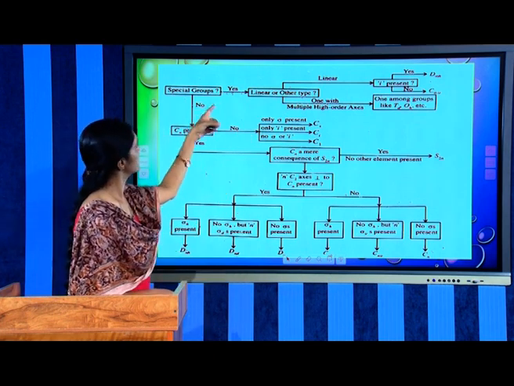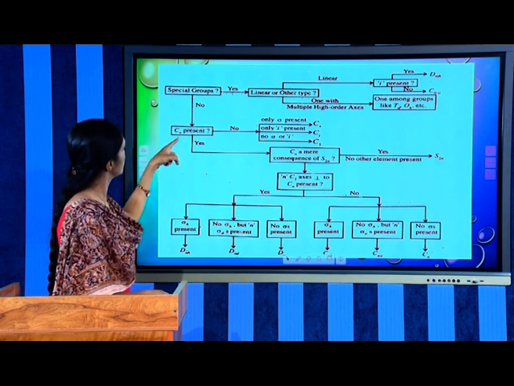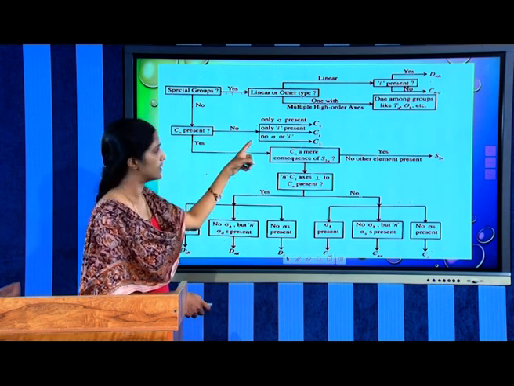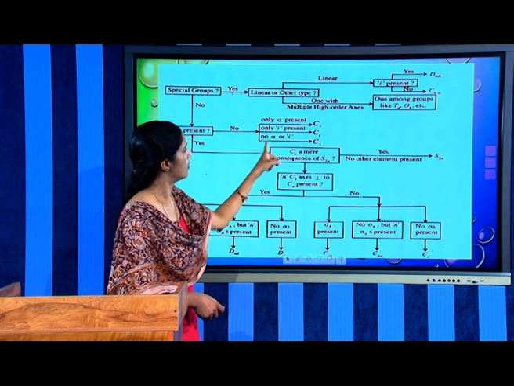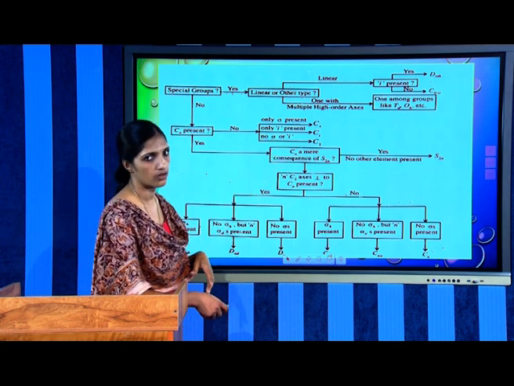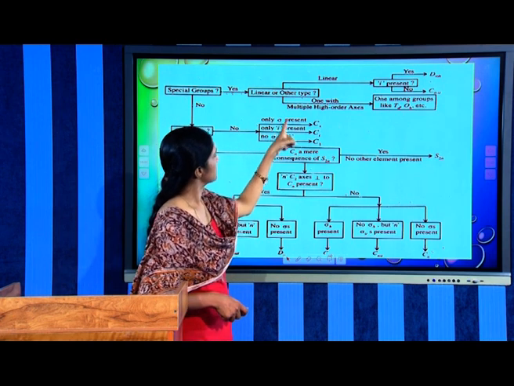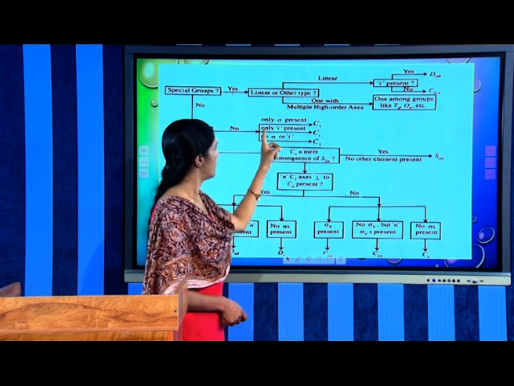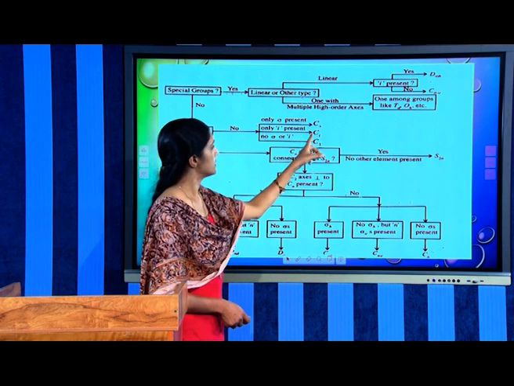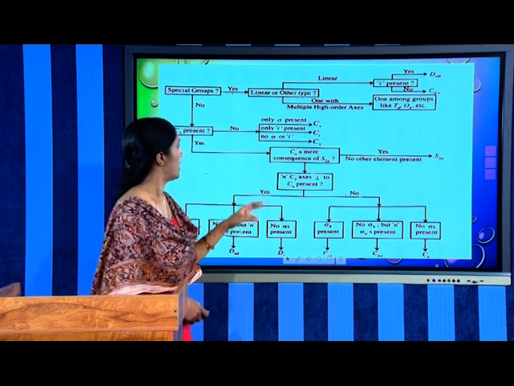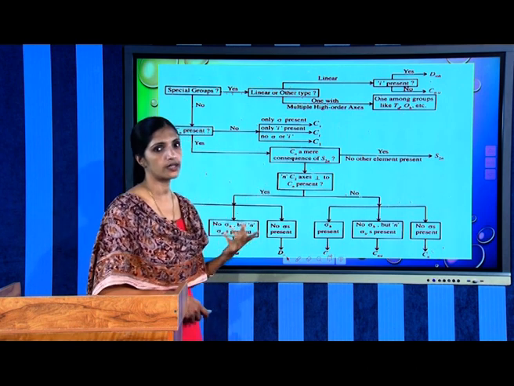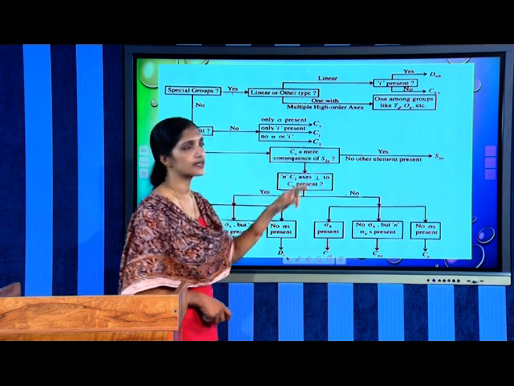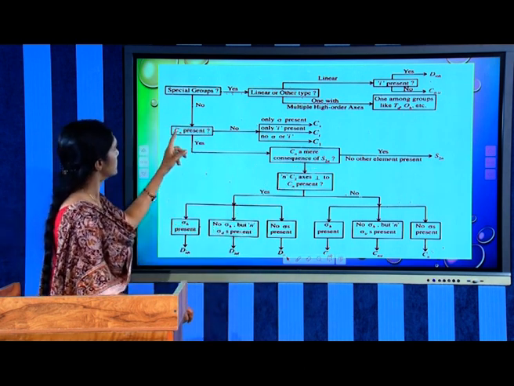If it does not fall under the special groups, then we have to check whether Cn is present or not. If there is no Cn, we have to check whether there is a sigma or i. If one sigma is present, that means it is the Cs point group. If it has only i, then it falls under the category Ci, and if there is no sigma or i and it has only identity as its element, then it falls under the category C1. And if Cn is present,